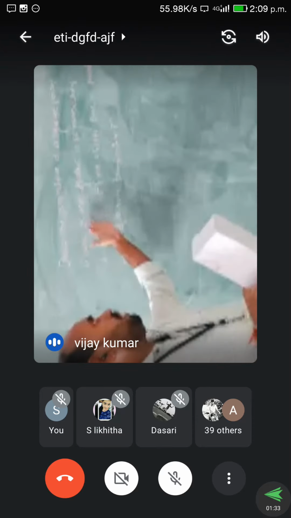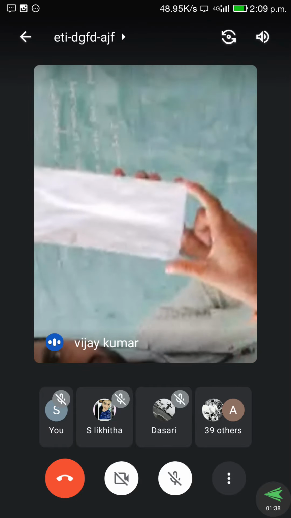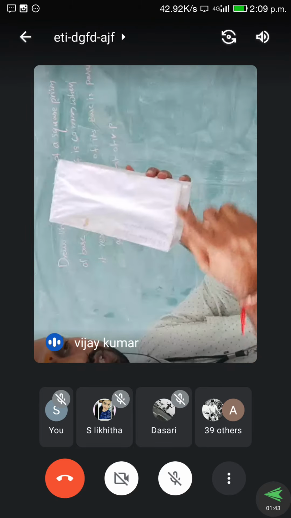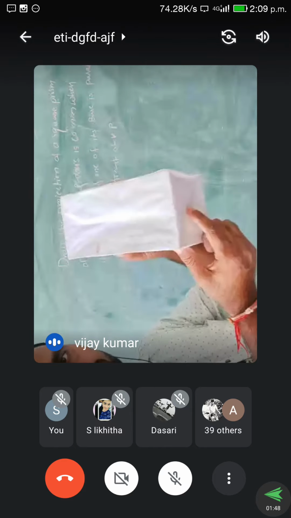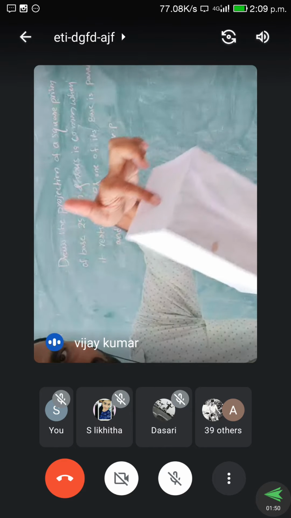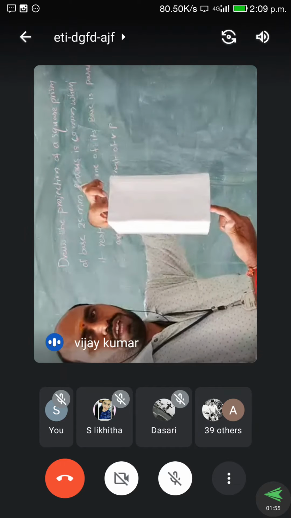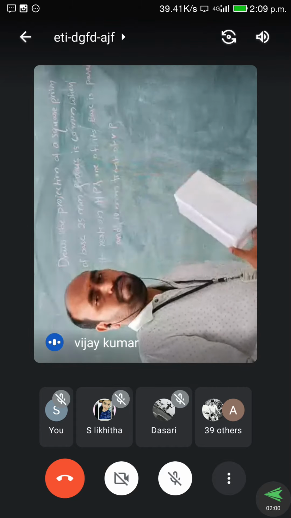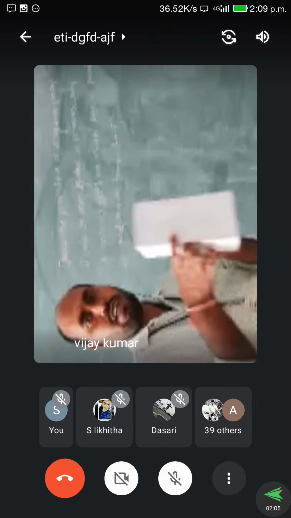Draw the projections of a square prism of a base 25 mm and axis is 60 mm. The base edge, how much distance here to here? This distance is the base edge, this is called the base, and here the base edge is given as 25. The axis is nothing but from the center of your base to the center of your top face. So this is called an axis. The axis is nothing but the height of your prism. How much has been given here? 60 mm.